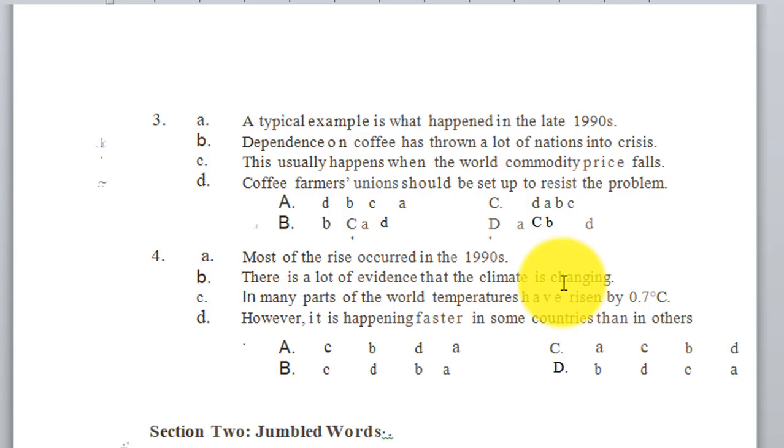So there is a lot of evidence that the climate is changing, which is the starting idea of this paragraph. So I start with the one that begins with B. Simply D, the choice is D. I have no other distractor that begins with B. The only distractor is D. Then which comes second? Look here: however, it happened faster in some countries. And the other one: there is a lot of evidence that the climate is changing. Look here, most of the rise occurred in the